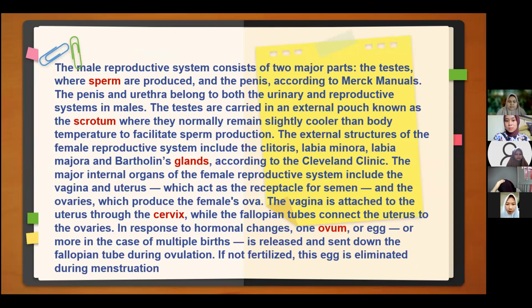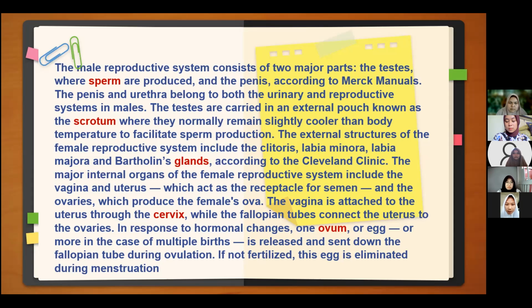The male reproductive system consists of the major parts: the testes, vas deferens, and prostate, and the penis. According to Merck's manual, the penis and urethra belong to both the urinary and reproductive system in males. The testes are carried in an external pouch known as the scrotum, where they normally remain slightly cooler than body temperature